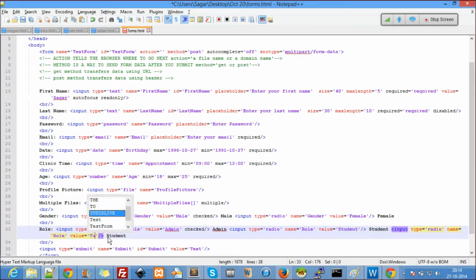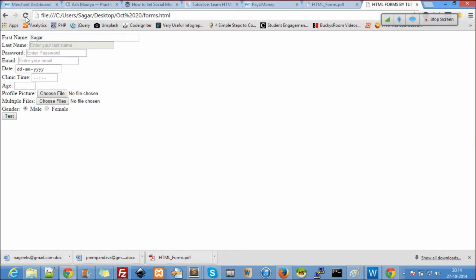This is tutor. So let's see. See, it's checked by default. Now what is the role of a radio button? Using radio buttons you can choose only one option out of many. That is the beauty of radio buttons. So when you have so many options and you have only one answer, then it should be a radio button.